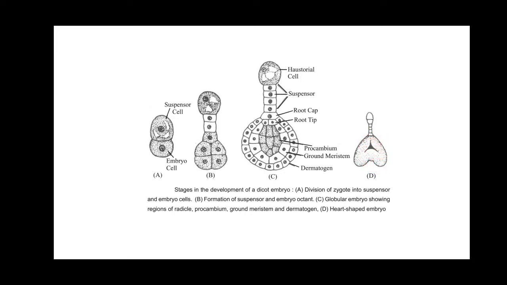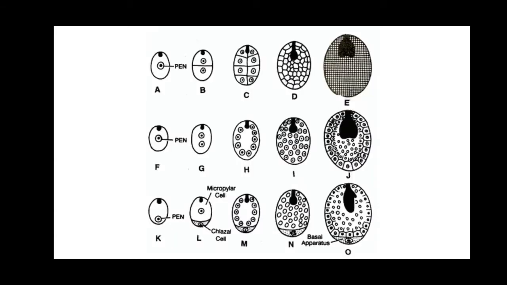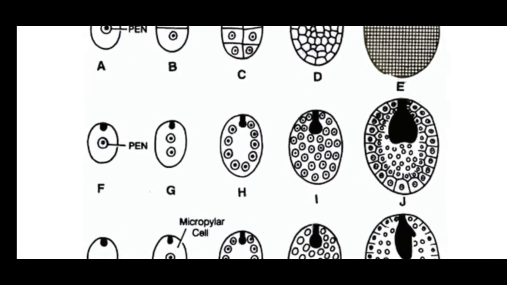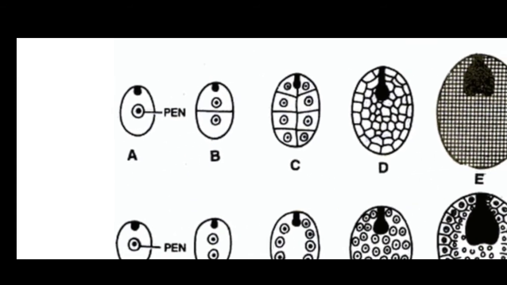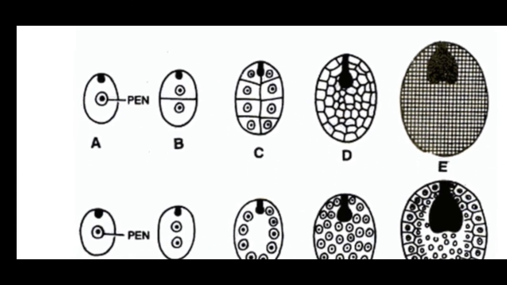Now that development we will see in the case of the embryo, but at the same time this primary endosperm is also developing itself. So how does the development happen? Well, there are three methods that exist. Okay, now the first method, I'll zoom in and then try to explain it to you. In the first method, the PEN, the primary endosperm nucleus, which is formed when the second sperm nucleus goes and fuses with the polar nuclei, we get this PEN.